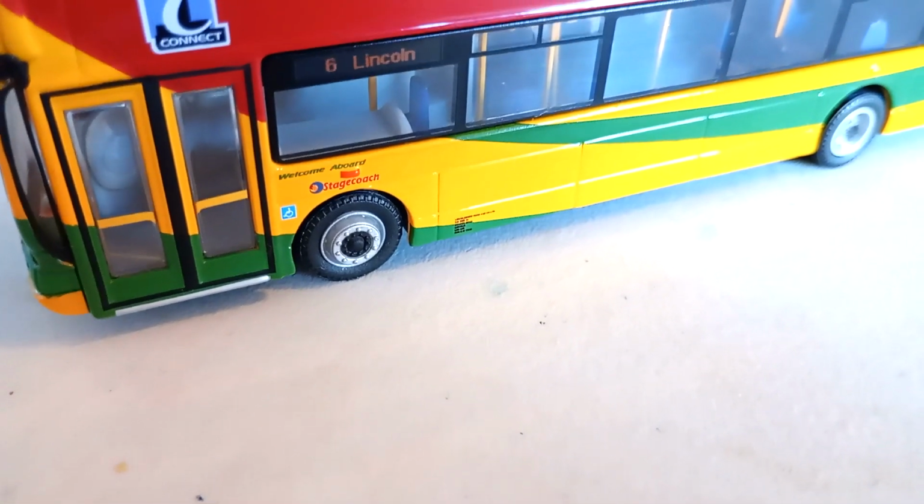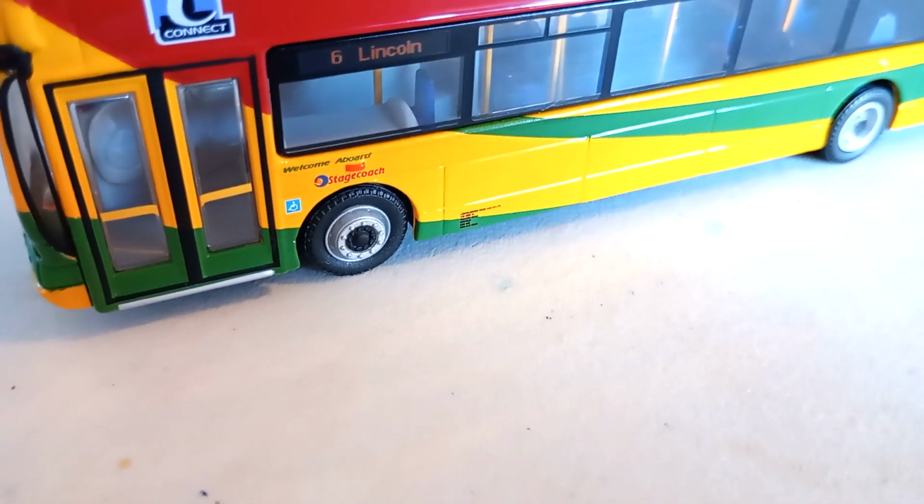There's also a wheelchair symbol on here. I don't know if the camera can focus or not on it. Come on, please focus. Here we go. I'll just zoom out a little bit. There you see. So unlike my East Lancs Viking,